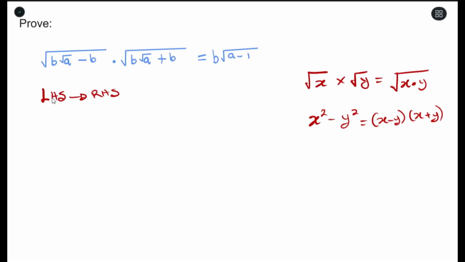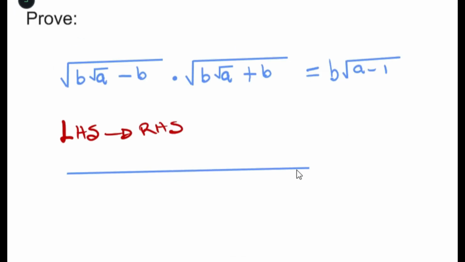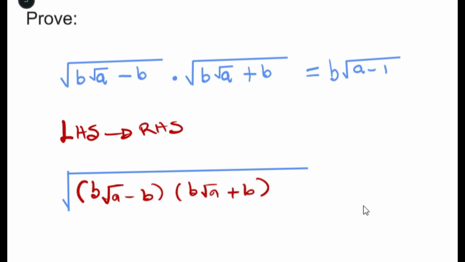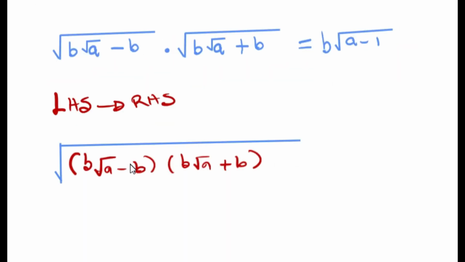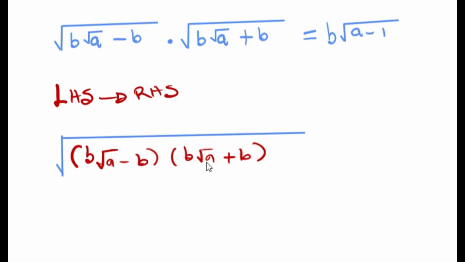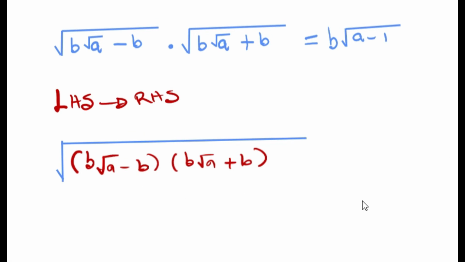The first thing we're going to do is use the first concept. So we're going to write it like this. So now because there's a multiplication here and you have a square root, we understand that this can be written under the same square root. Now the second thing we can do using the second concept is, whenever you have the subtraction and the addition of two variables, you always perform difference of two squares. This here would give you